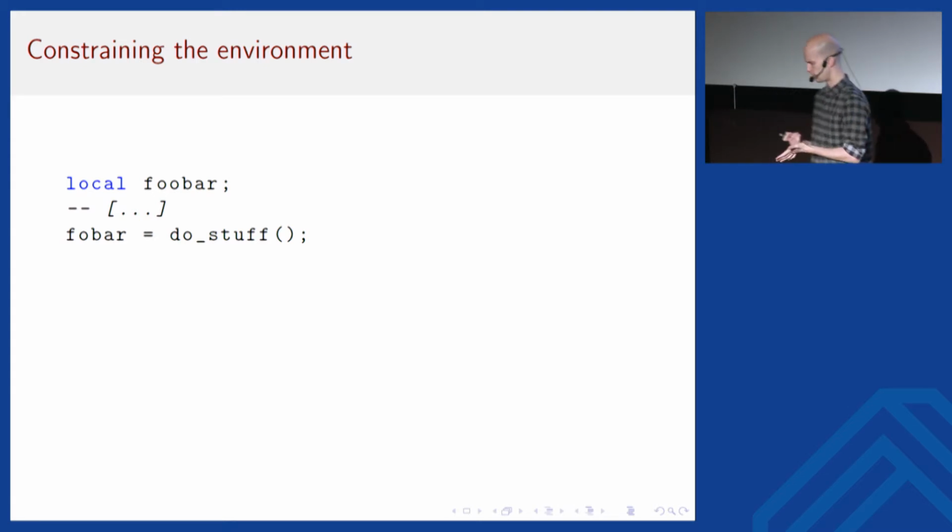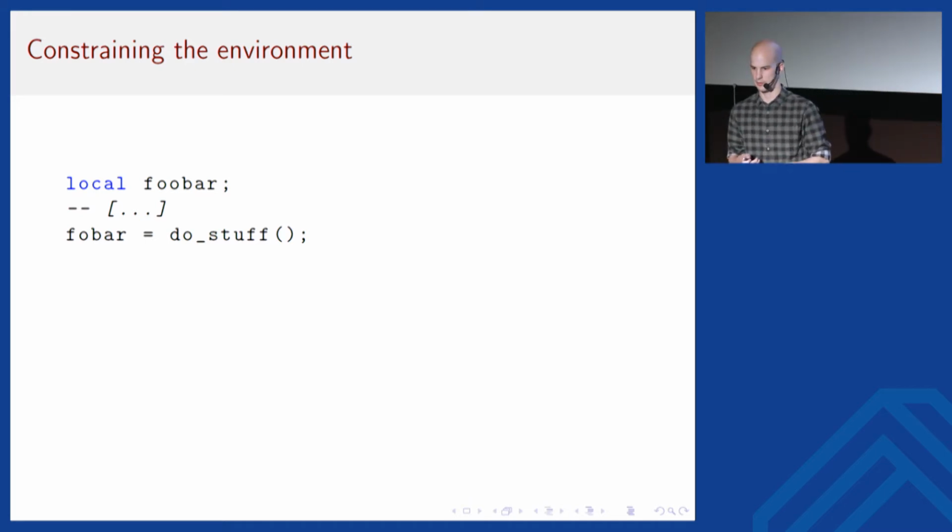And one other thing, going back to what we said earlier, that if Lua finds a variable that has not been declared before, it will just create a new global variable. This can be harmful. For example, what we see here, I made a stupid typo and now I assigned to foobar instead of foobar. And this would just silently work. And this might actually be a bug, right? So I don't want this. I want Lua to catch this for me.